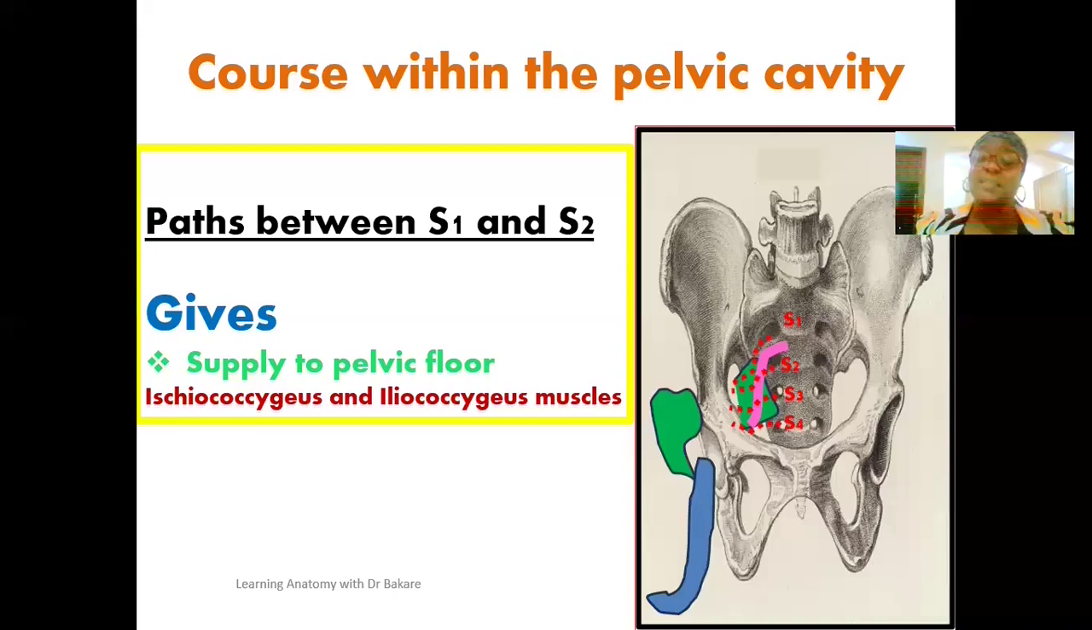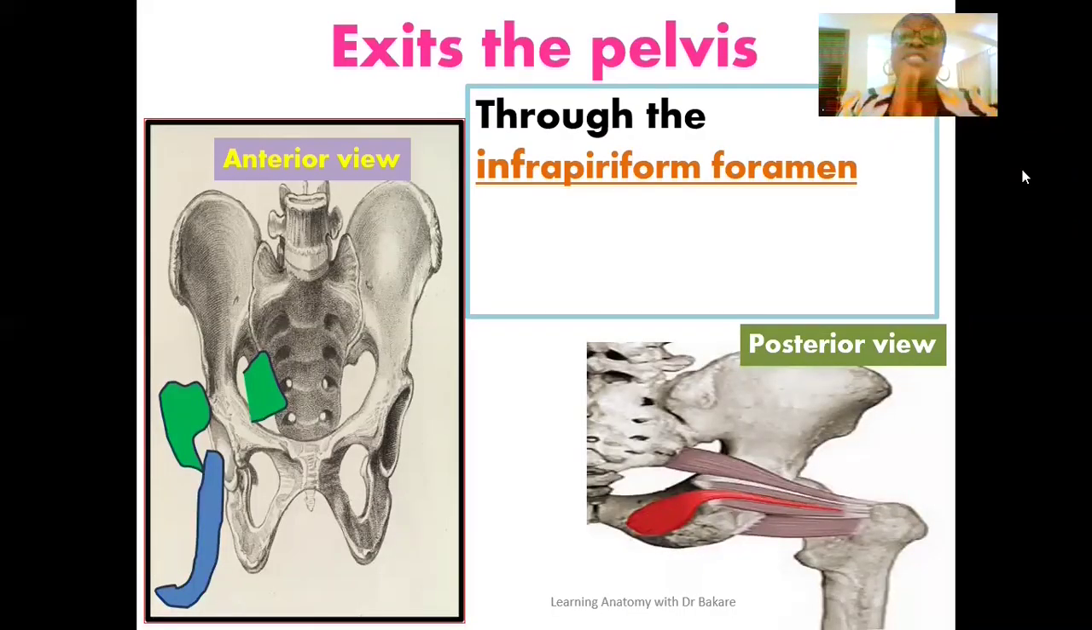After giving off these branches, it then proceeds in its course, and the direction would be to exit the pelvic cavity. So let's go through the next slide to see how the inferior gluteal artery would exit the pelvic cavity. The inferior gluteal artery is seen to exit the pelvic cavity through the greater sciatic foramen, and it is specifically seen to be directed